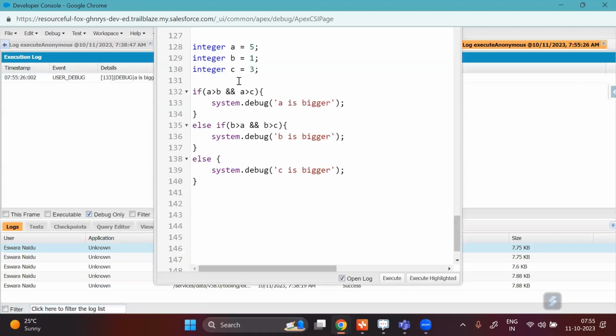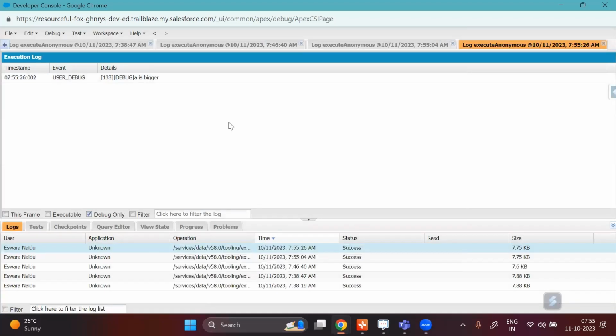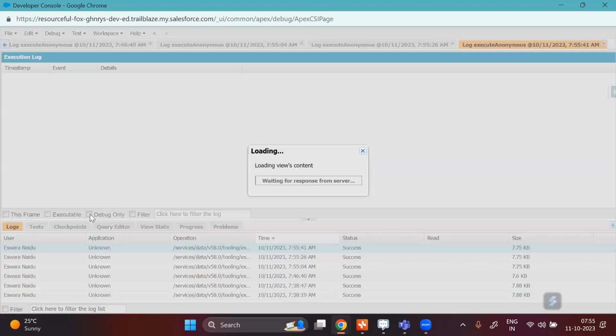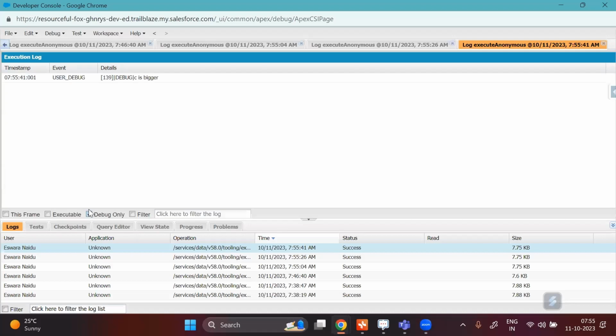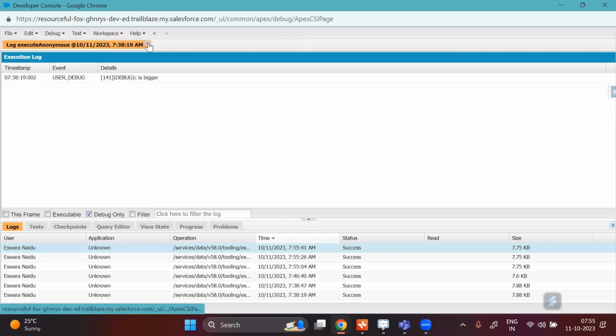Now just simply go back and try to change this C to 8. Then what will you get? You'll get C as bigger. Okay, C is bigger. So this is how the if block works. Now, before looking at the next